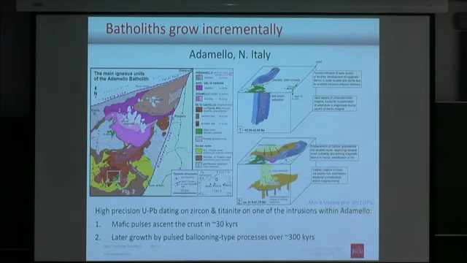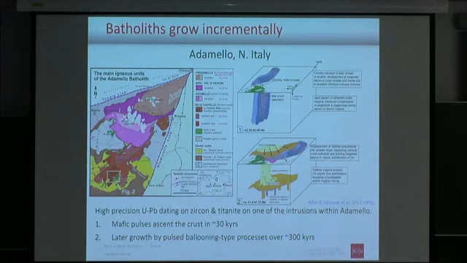Another example is the Adamello batholith, which is in northern Italy. This is the largest batholith of the Alps, and we had a larger project in Switzerland studying this. And again, here they did high precision uranium lead dating, and they could show that that little part of this batholith here was actually formed by several batches of intrusion of mafic, initially mafic rocks and later more granodioritic and